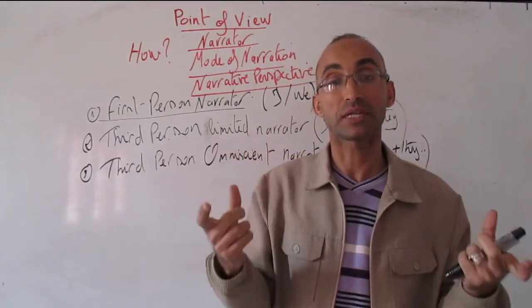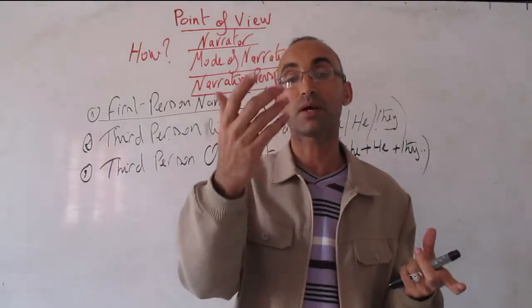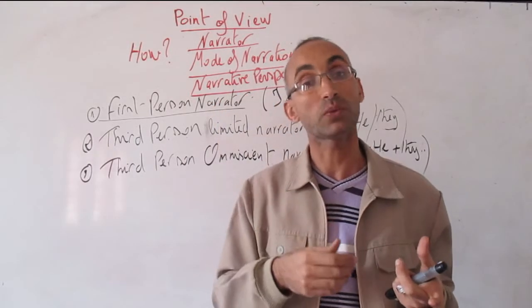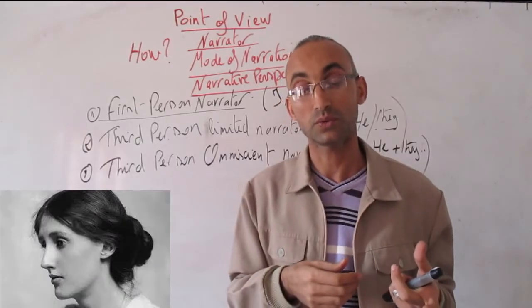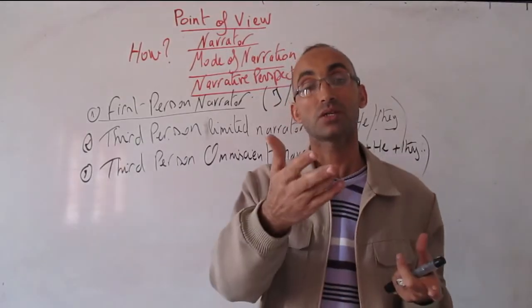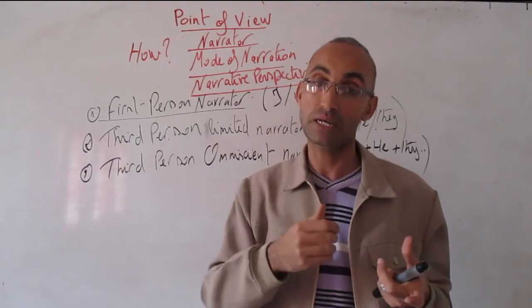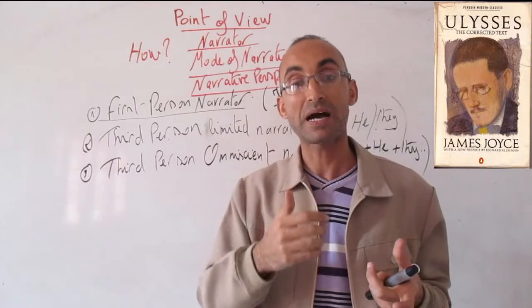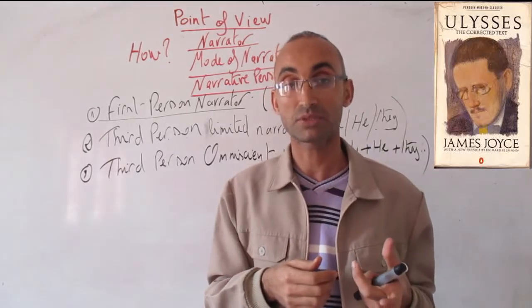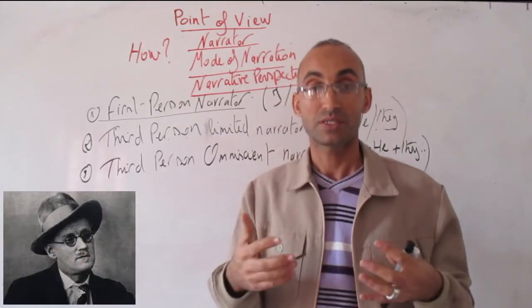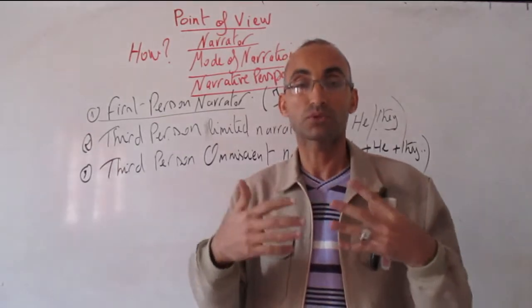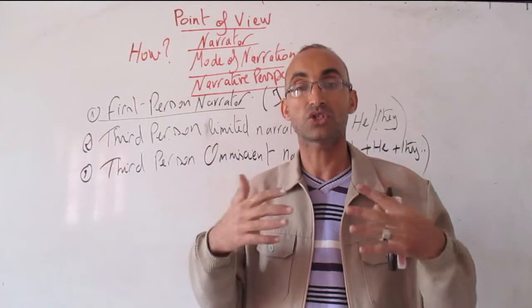In modernist literature, we can mention the example of Mrs. Dalloway by Virginia Woolf. Also, we can mention the famous example before her of Ulysses by James Joyce. So here you know that also in modern times and after the rise of modernism in literature and in general,